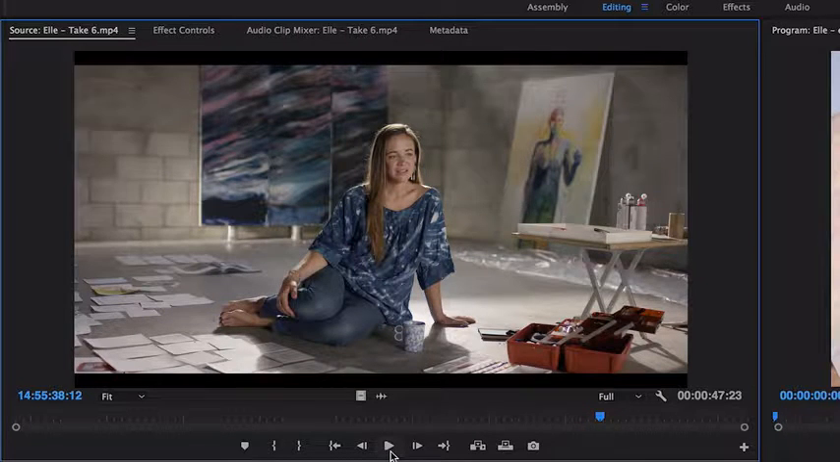With the source monitor active, you can play your clip by clicking the play button or by pressing the spacebar